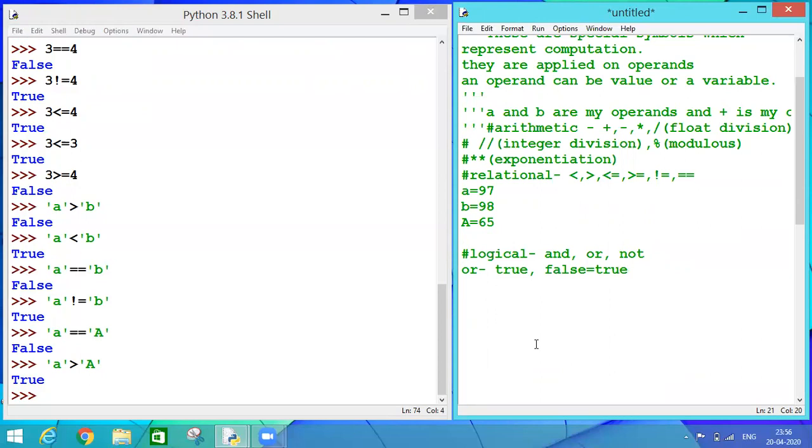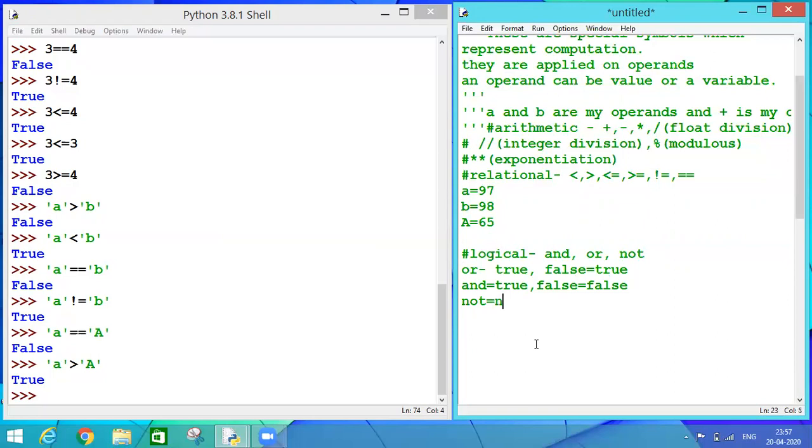That means if one result is true and one result is false, and I'm joining them by OR operator, then my result will always be true. In case of AND operator, if my one is true and one is false, I'll always get the result as false. And what is the functionality of my NOT?